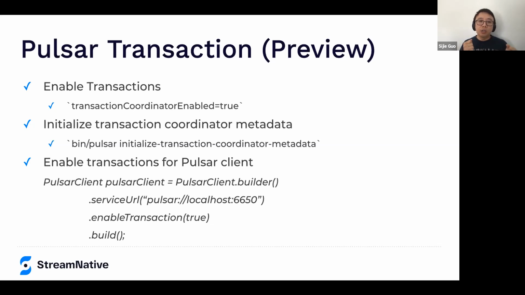And it's the role to make sure that all the updates, all the production, or all the acknowledgements to topics within one transaction either succeed as a whole or they are aborted, so that you don't see partial success from a transaction. And once you enable the transaction coordinator, the next thing is you need to initialize the transaction